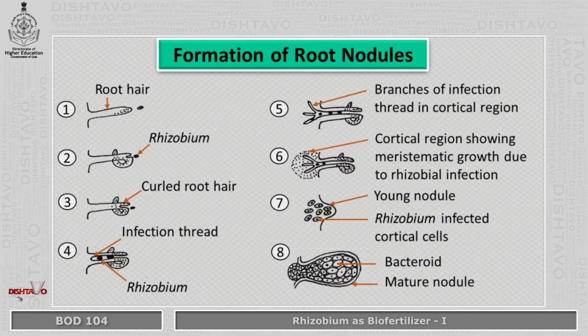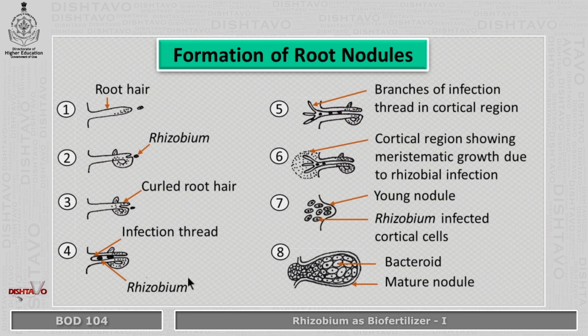In this image, we can see the formation of root nodules. Rhizobia migrate and accumulate in soil near the roots of the legume plant in response to the secretion of certain chemicals such as flavonoids and betaines by the roots. Root hairs produce specific sugar binding proteins called lectins. Lectins are activated by nod factors to facilitate the attachment of rhizobia to the root hairs, whose tips in turn become curved. Rhizobia now secrete enzymes which degrade the cell walls of root hairs at the point of their attachment for the entry into the root hair.